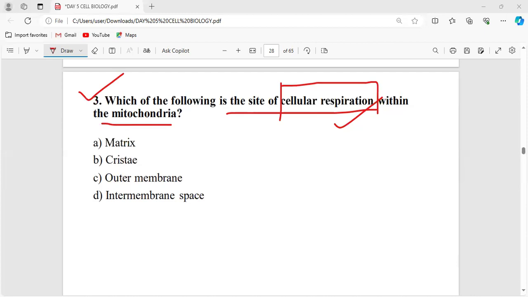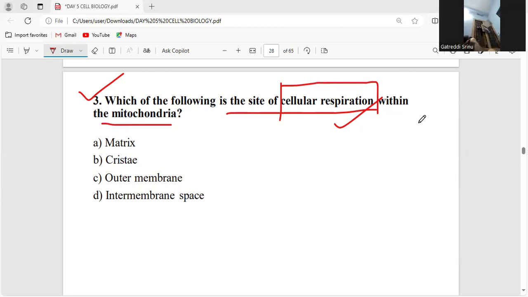For this, you have to keep in mind where the Krebs cycle is going to happen, because in glycolysis we are going to synthesize a minimum amount of ATP, but in the case of this